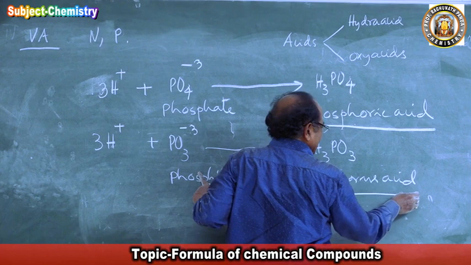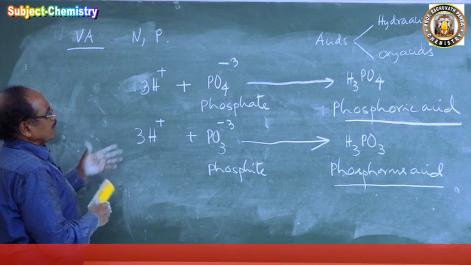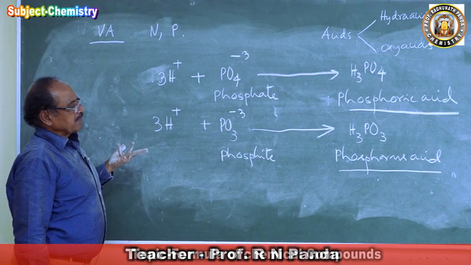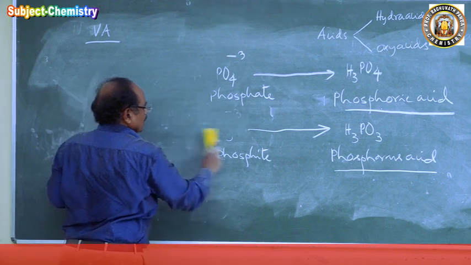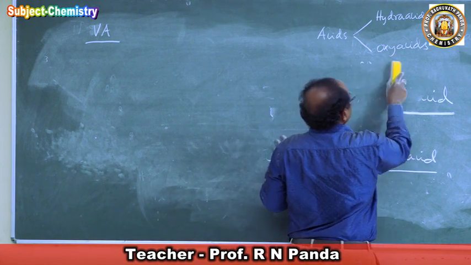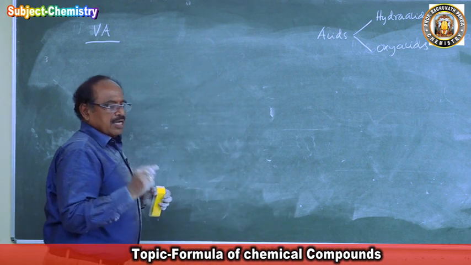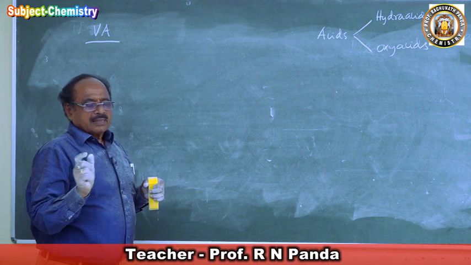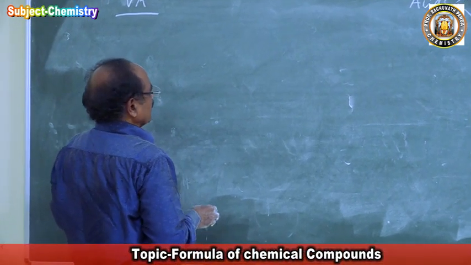So this is a little bit of deviation from all the others. H3PO4 is phosphoric acid, H3PO3 is phosphorus acid. Phosphorus also forms other types of acids, which I will write last. I don't want to confuse you because I am going in a systematic manner from the radicals to the acids. There are orthophosphoric acid, metaphosphoric acid, and pyrophosphoric acid. These are the 3 other acids. How to write their formulas I will teach you at the end so that you will understand them.